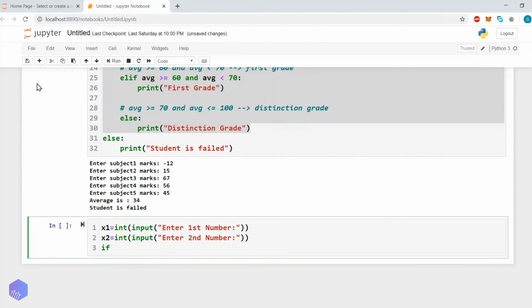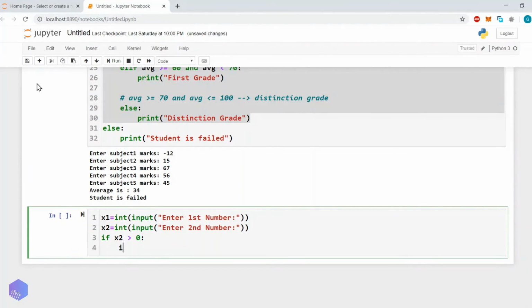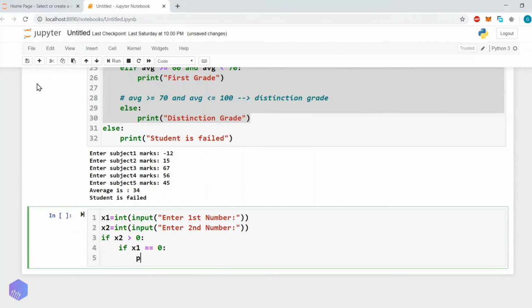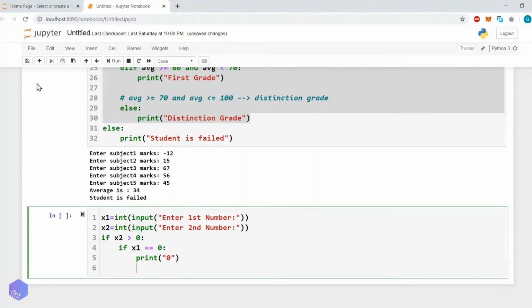So if x1 is greater than 0 and x2 is greater than 0. Let's say we will try to divide x1 by x2, so we will check the condition for x2 only. So if x2 is greater than 0, then we will check if x1 double equals 0. If x1 double equals 0, meaning the value of x1 is 0, then print 0 as the answer.